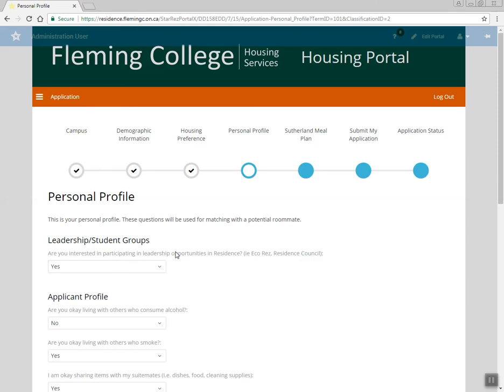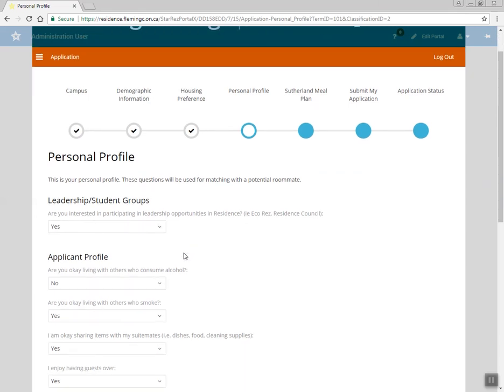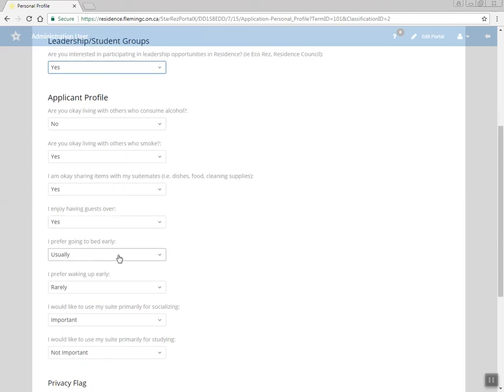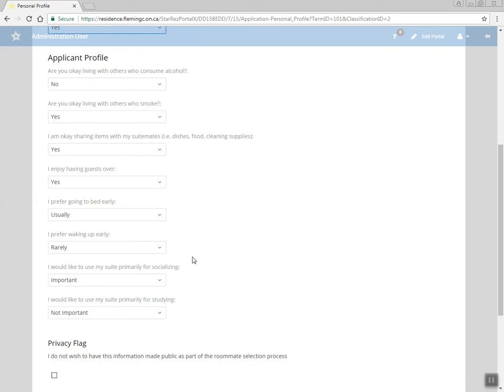Next is your personal profile. Now, it's very important that you fill this out accurately and truthfully, as we're going to use this information to potentially fit you with a potential roommate. All the questions will be please select. So just answer these questions truthfully and honestly, because we want to mitigate roommate conflicts, suite conflicts as much as we can, and that's what our auto allocate will do for us when we place you